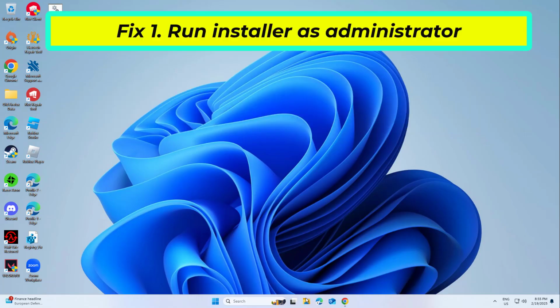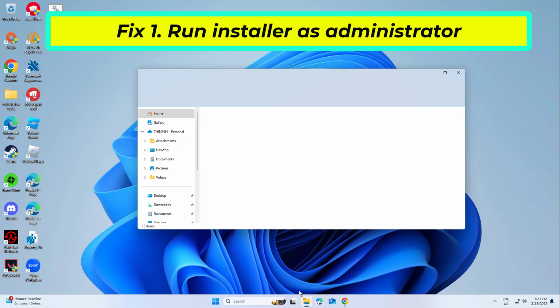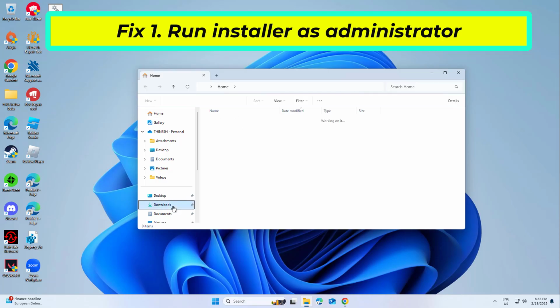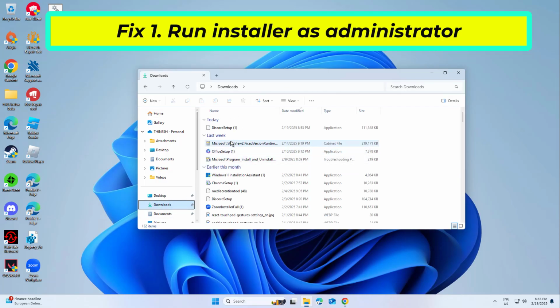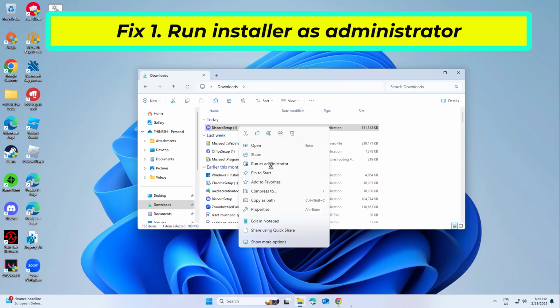Fix 1. Run installer as administrator. Running the installer with elevated permissions can help bypass restrictions that may block the installation process. If that didn't work,